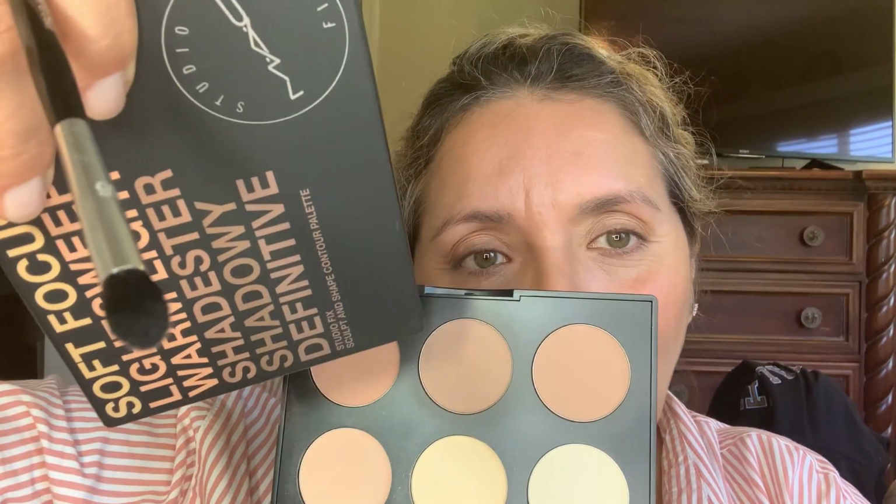So what I had done is using the light palette, I went into this color, okay? And I applied it on my eyebrows and I was like, wow. But then I said, well, if that's the case, I'm going to use the darker palette and try some of these colors. So I'm going to use this color, okay? At first, when you go in, especially with a clean brush, tap it in a few times, tap it off, and then just make sure your eyebrows are already brushed in the way